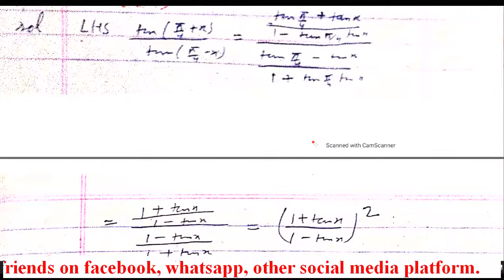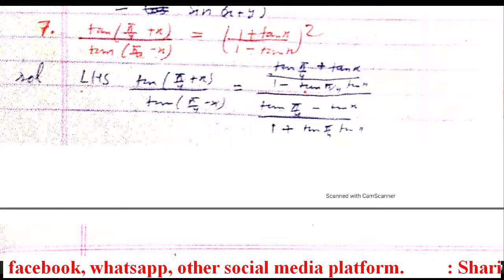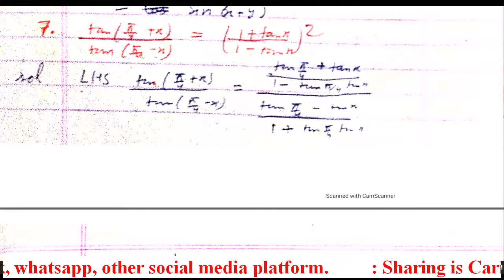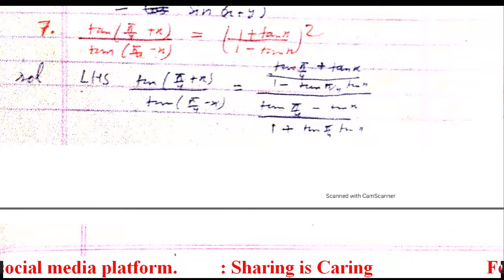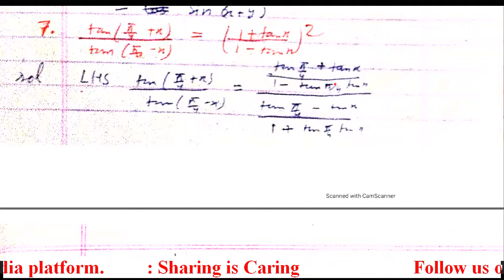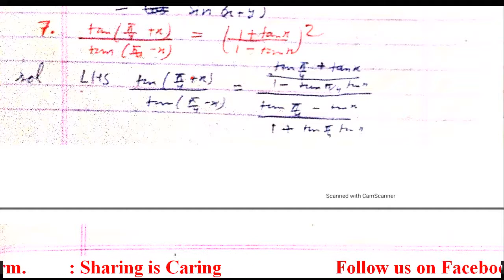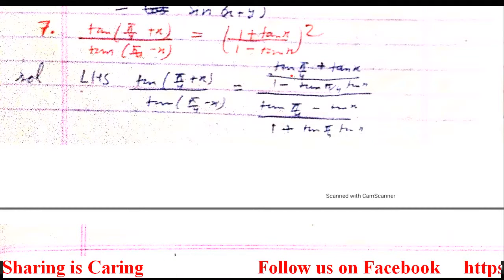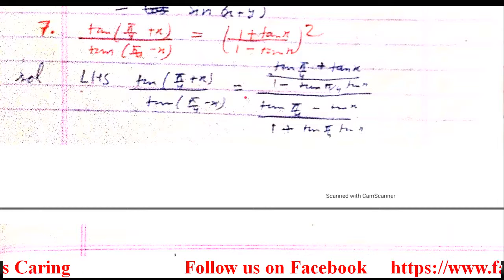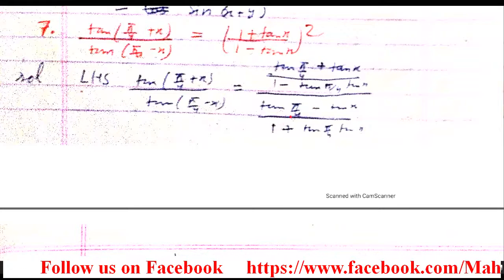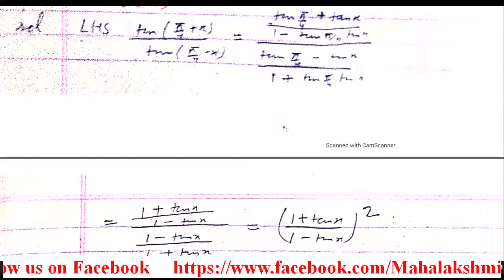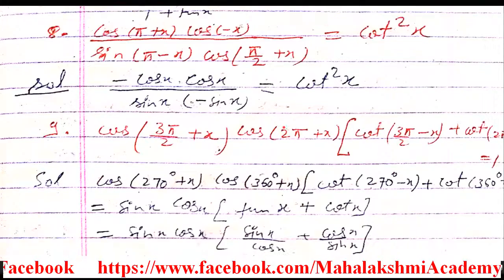So in question number 7 what we had done, only this step is important. We have to use the formula of tan(a + b), that is tan a + tan b upon 1 - tan a tan b. So students, if plus sign is there, in here plus sign will come, and just opposite of that minus sign. And if in middle minus sign, the same sign will come in the numerator and opposite of that is plus. Now we will move to the question number 8 of the same exercise.